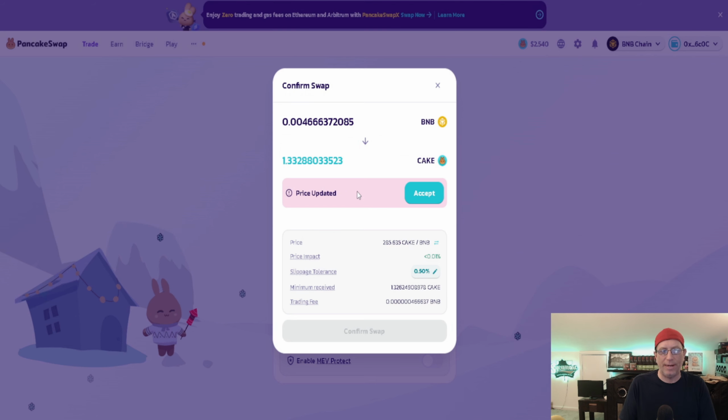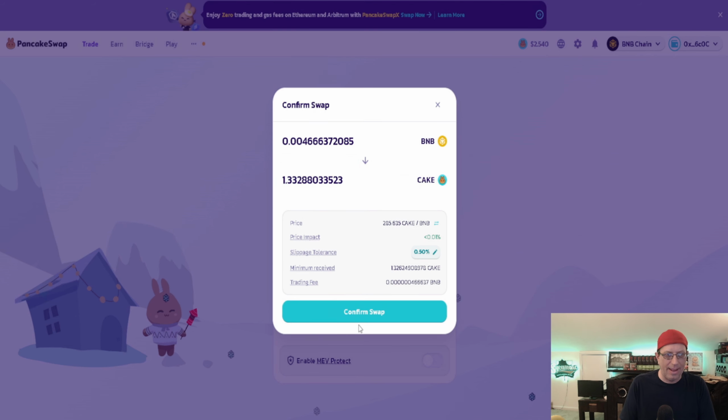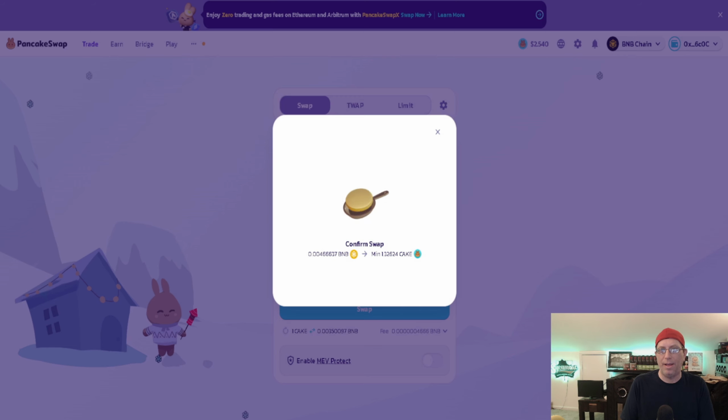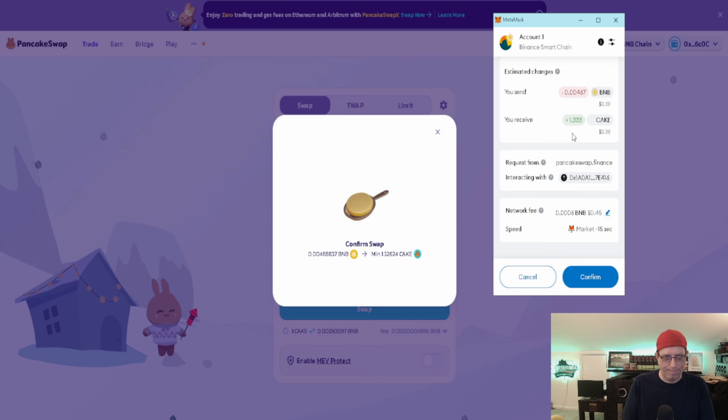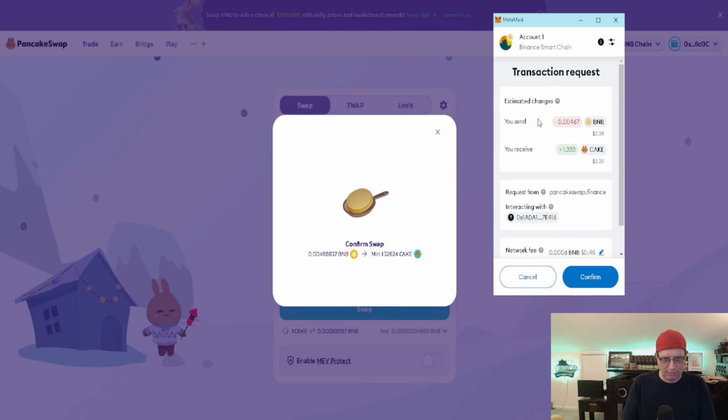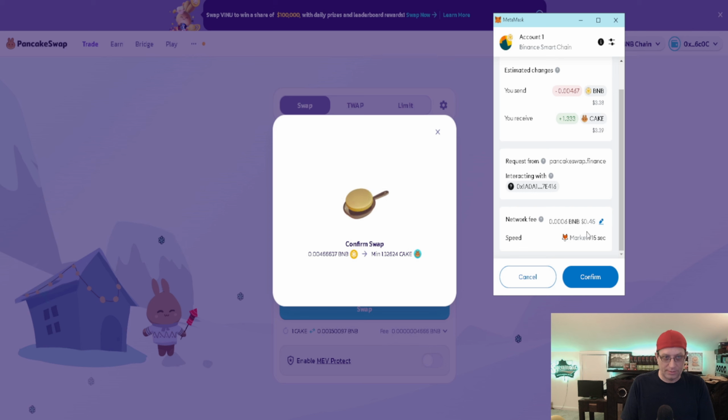We've been talking for a minute, so the price changed, so we're going to click that, and we're going to go ahead and click Confirm Swap. I'll get a window right over here, and this is for the transaction request. We can see we're doing 338. We're getting 339. Ooh, we're getting a little bonus on there, and it's going to cost us, boom, 45 cents